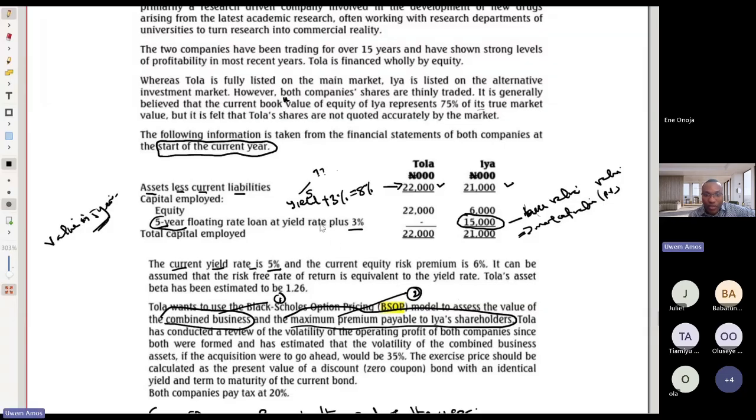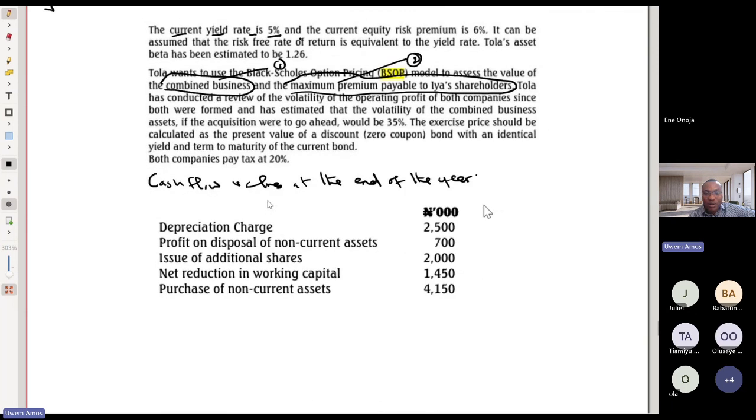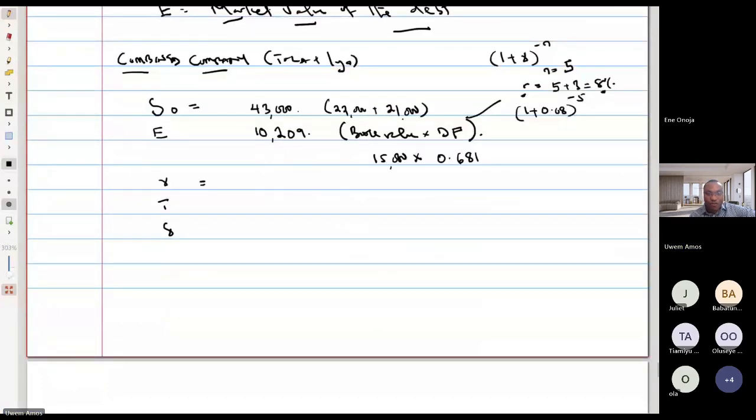Okay, so let's look at that. I think it's somewhere here. So we have the current yield rate is 5%. The current risk premium is 6%. It can be assumed that the risk-free rate of return is equivalent to the yield rate. And the current yield rate is 5%. So you can assume that the risk-free rate is equivalent to the yield rate. So the risk-free rate is 5%. So we can put that down as 5%, which is